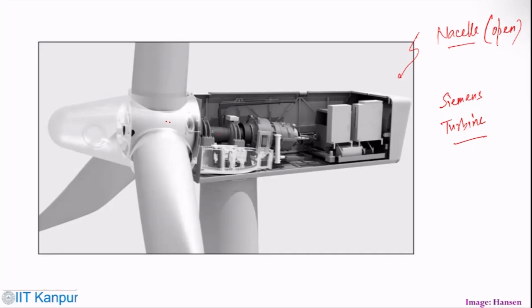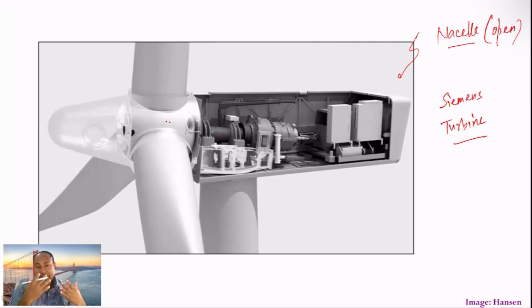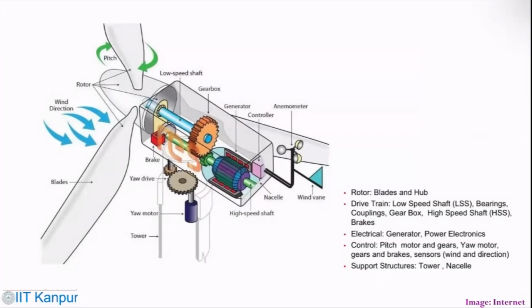It's an open picture of the nacelle where you have this gearbox, and the turbine shaft which is passing through that gearbox, and how the gearbox shaft flanges and the generator are connected. These are the key components connected with a single shaft, so that the rotary motion of these turbines is converted to electricity. Now, coming back to the components, these are the components of a horizontal axis wind turbine.